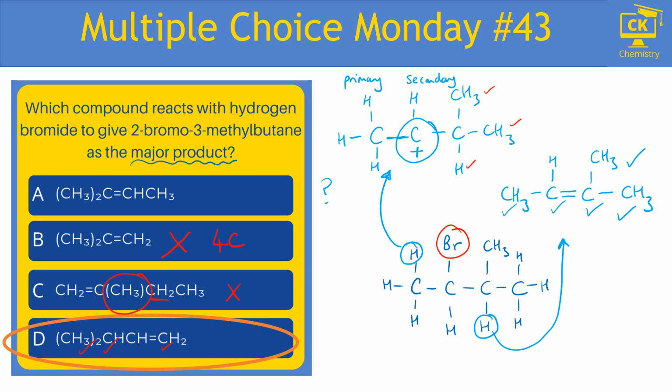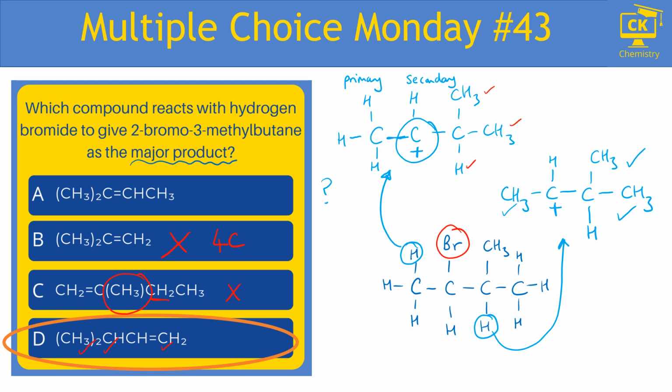If we looked at the other option at A, which does have the right structure and could form the 2-bromo 3-methyl version, but in order to form 2-bromo 3-methyl, what would need to happen? I just rub off that double bond, and then we have a look at our options. I can either put the hydrogen on the one on the left or the one on the right. To form the 2-bromo, what I would need is to put the H there and have the plus there. Now that is a secondary carbocation,